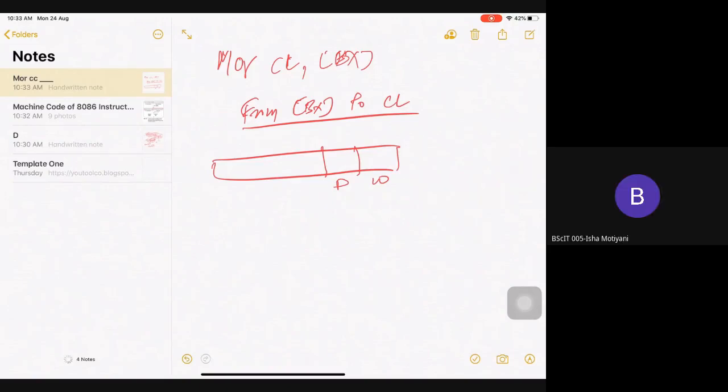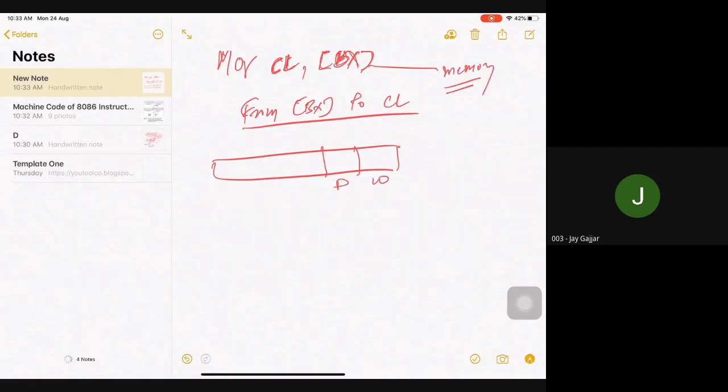You are using CL, so it is 8 bit. CL is an 8 bit register, and something written in square brackets is considered memory. This is my memory.